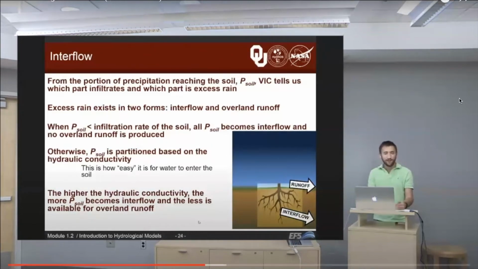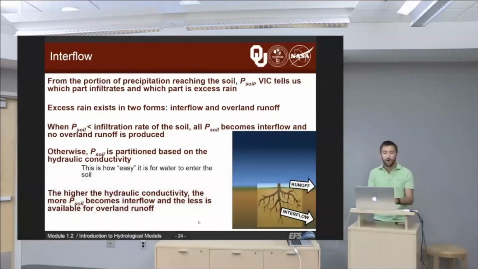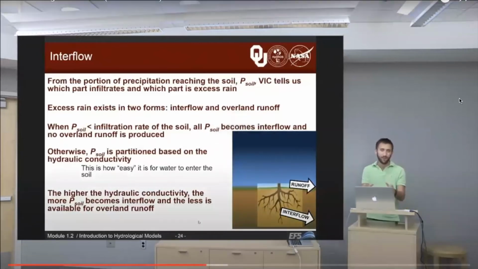So when P soil is less than the infiltration rate of the soil, all of the P soil becomes interflow and no overland runoff is produced. This is when